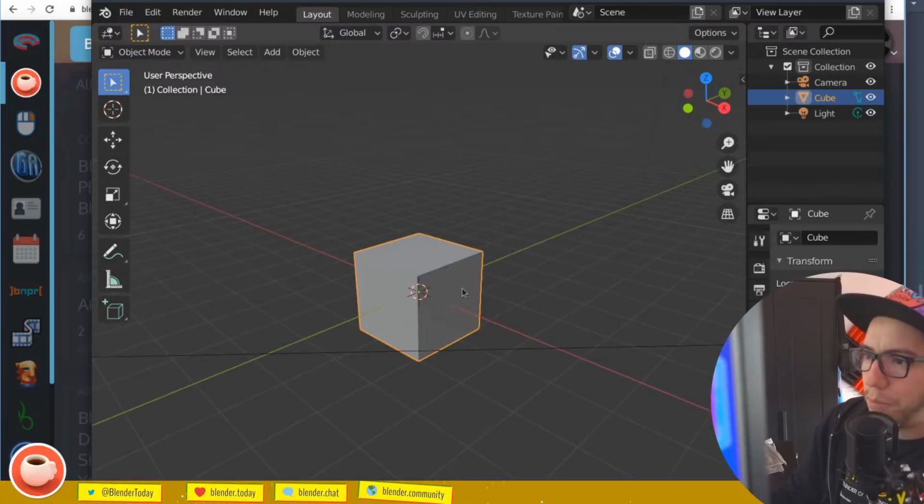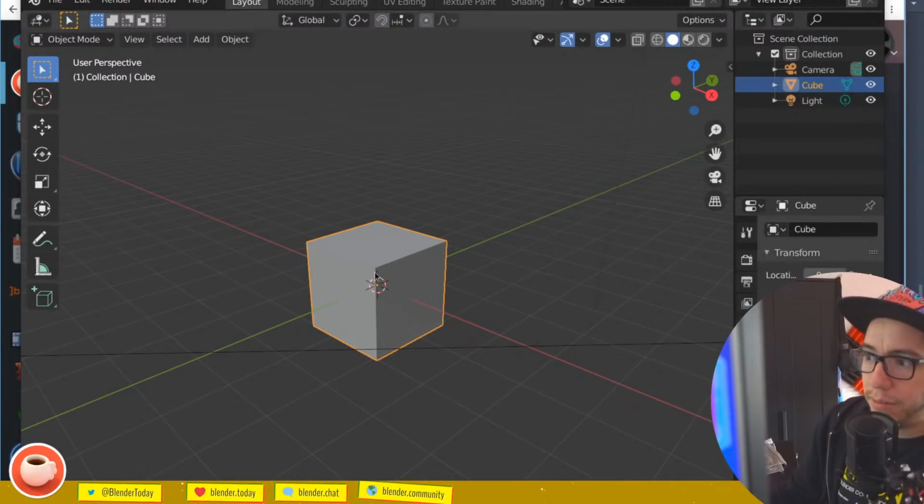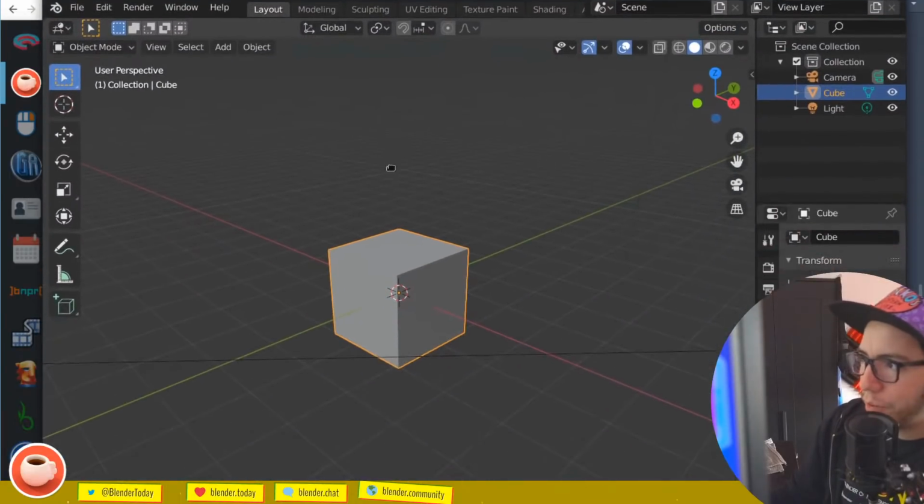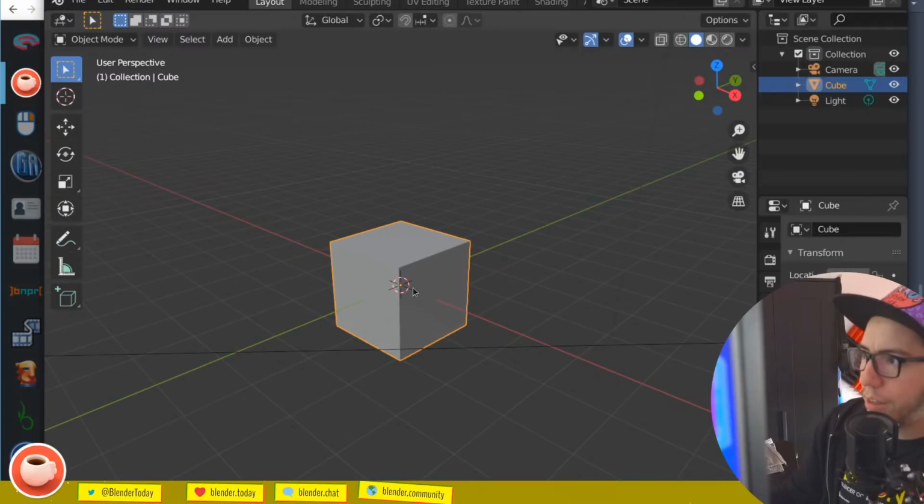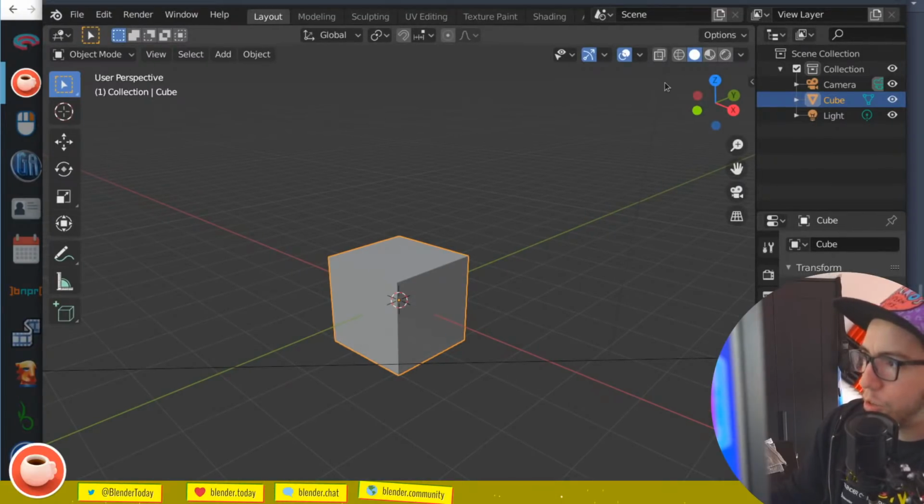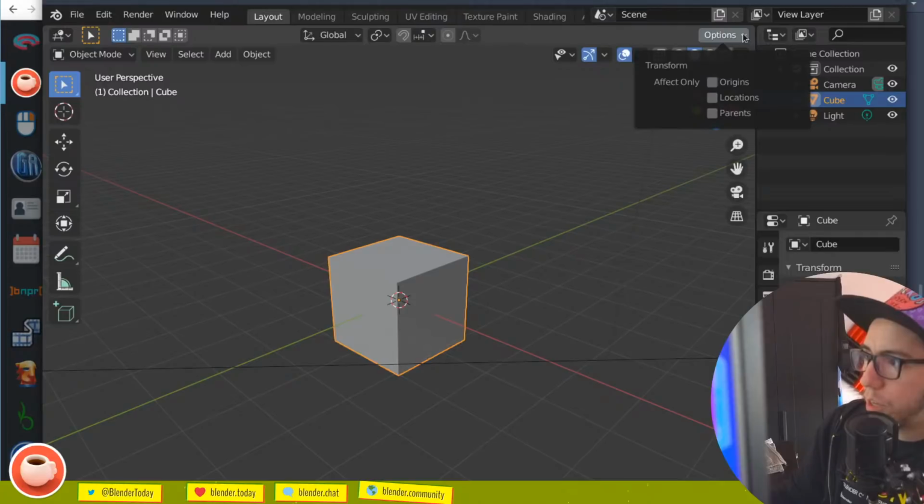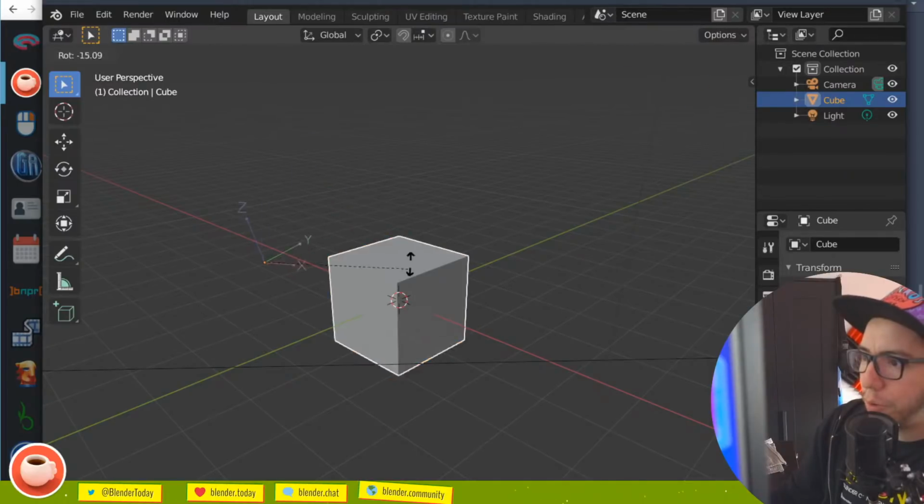I think you probably mean the center of the object, because other industry standard softwares don't have a 3D cursor. Blender does, and you can move this point by changing the way you transform. So you can do here in options, you can choose to affect only origins, locations, or parents. If you click on origins, you're going to be transforming only the center. I think that's what you mean with